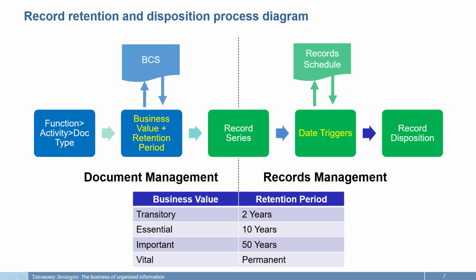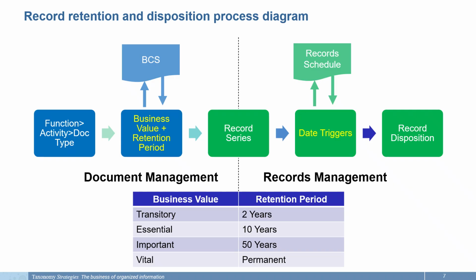Each business process activity in the Business Classification Schema has a metadata property that identifies the business value of the documents classified in that activity or record series. Each business value has a retention period associated with it. An example from the African Development Bank is shown in the table. The business value and retention period are the metadata properties used to automate the disposition of record series in the